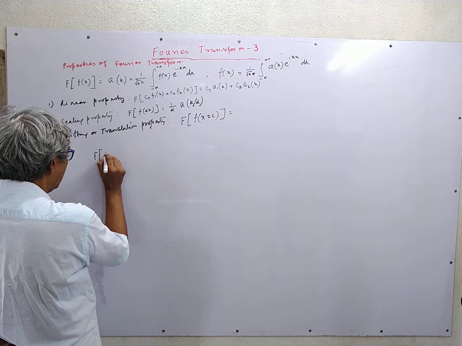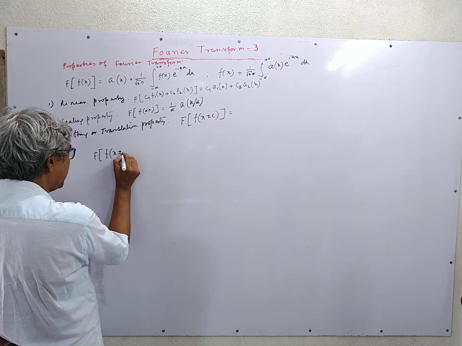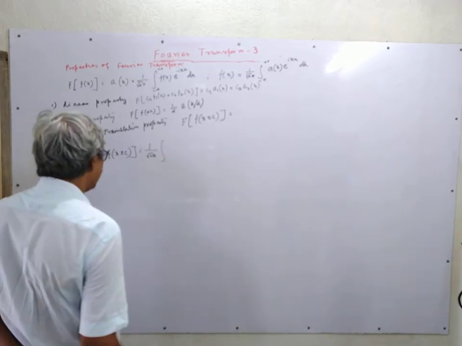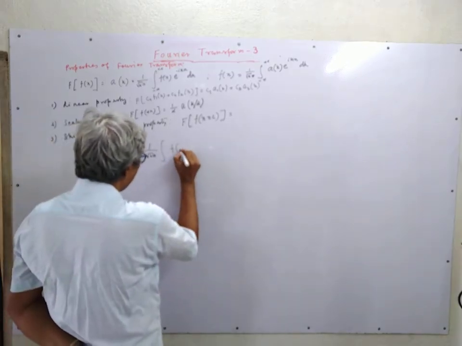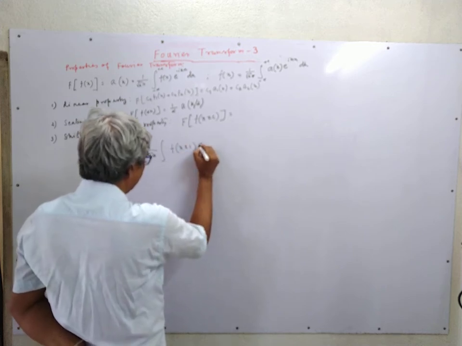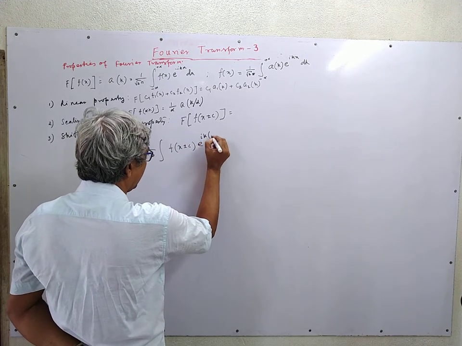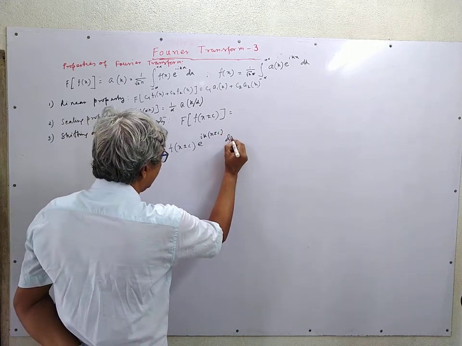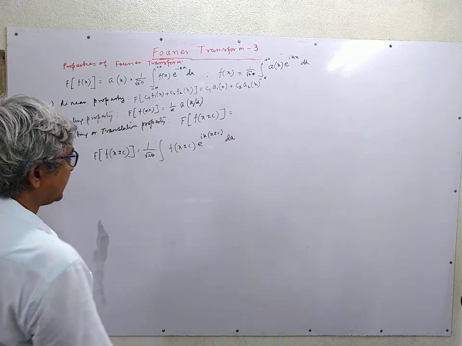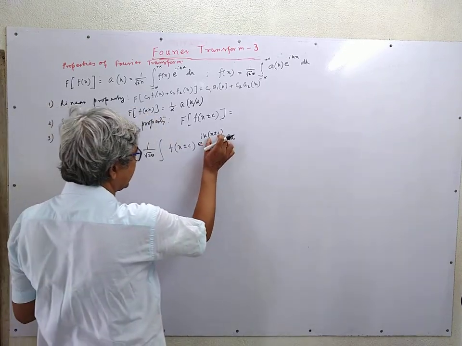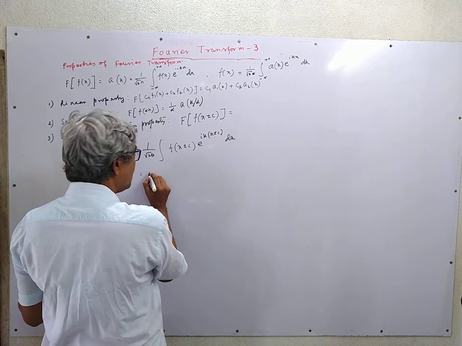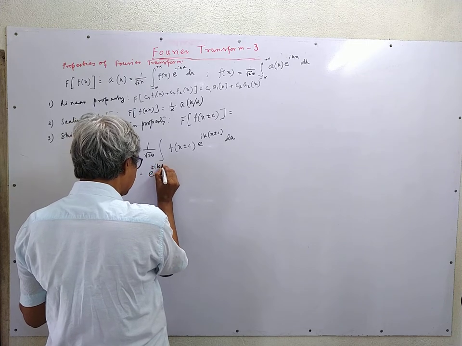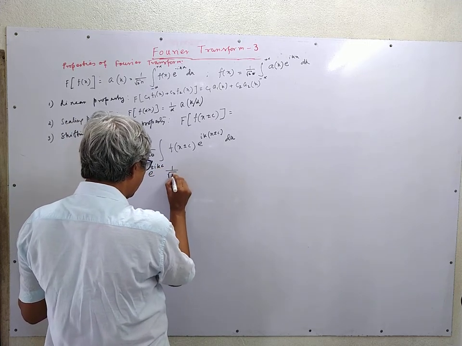F of x plus minus c. This is 1 upon root 2 pi integration f of x plus minus c e to the power minus i k x plus minus c dx. You see that this part can be taken out. So we take out e to the power plus minus i k c, and the rest of the thing is